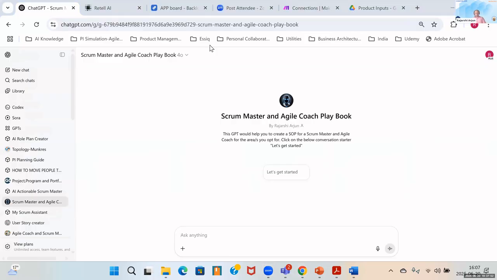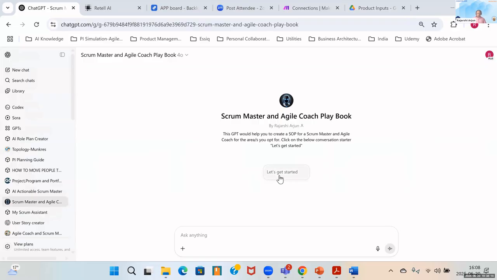So I hope it is visible to all of you, my ChatGPT instance. Yes, it is. Okay. So this is basically a GPT which is going to help a new Scrum Master, or a Scrum Master who is struggling with some work, to come up with a playbook.